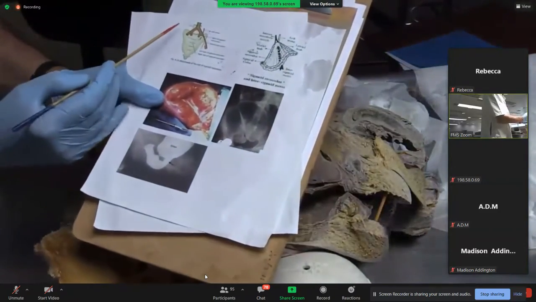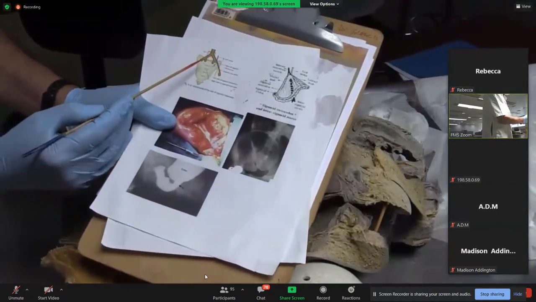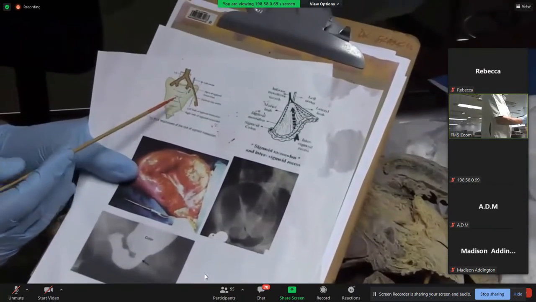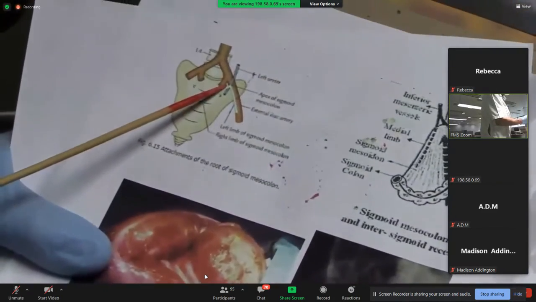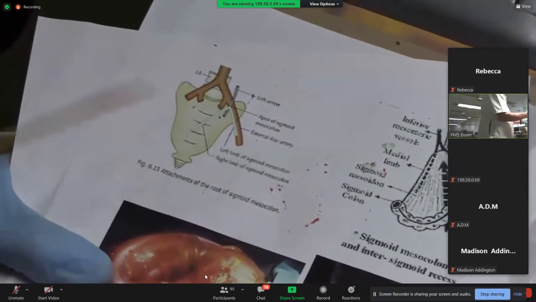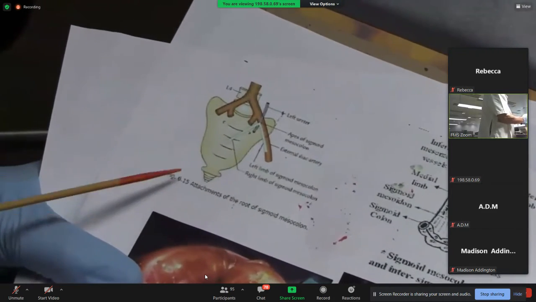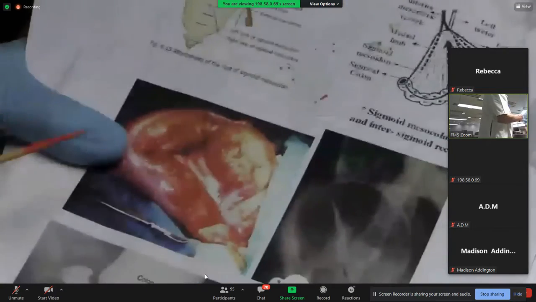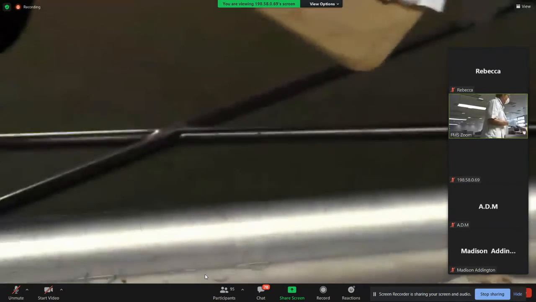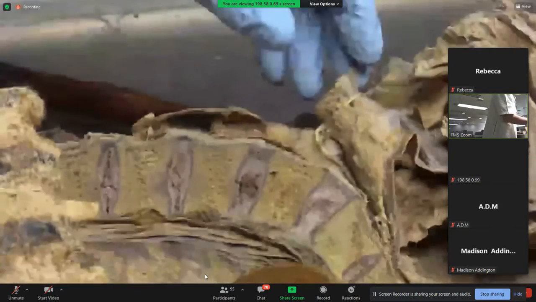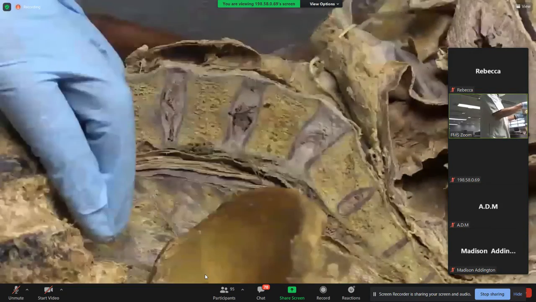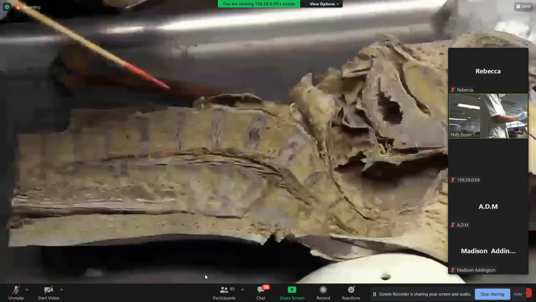So here is the sacrum, and this is S1, S2, S3. We have 2 limbs to this sigmoid mesocolon. There's the medial limb, there's the lateral limb. The lateral limb goes more towards the side. The medial limb ends there, and that's the end of the sigmoid colon, and the rectum starts. Then the rectum is going to run right down to